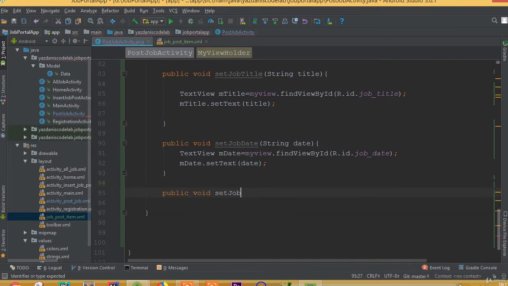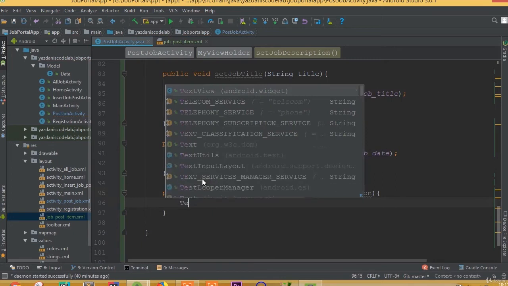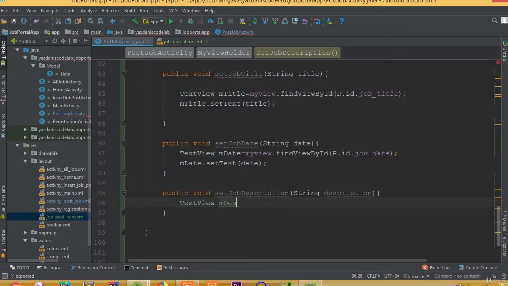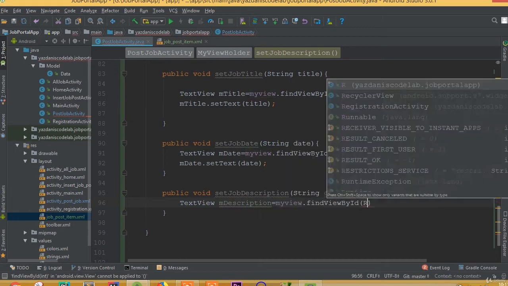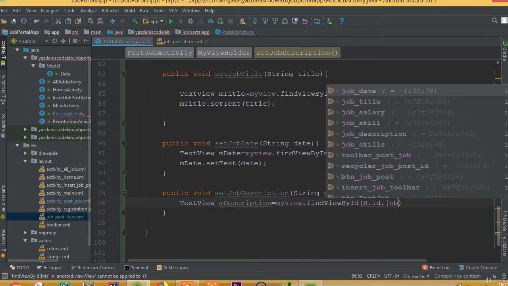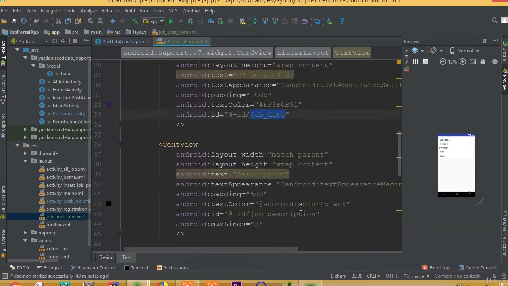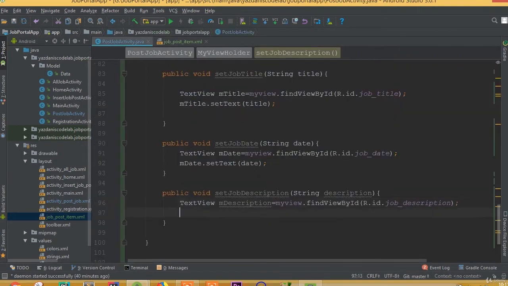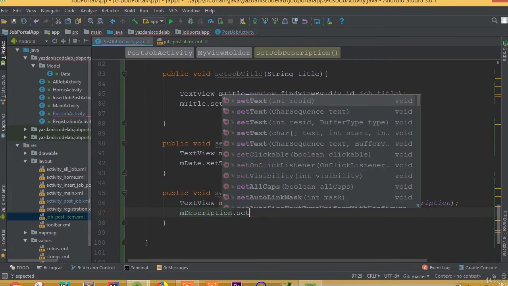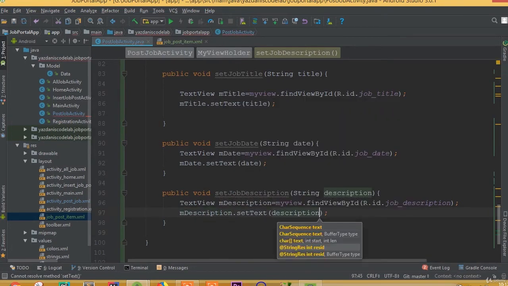Public void setJobDescription, string description, so TextView, so mDescription is equal to myView.findViewById R.id.jobDescription, so our ID is job description, we add a job description. Okay, now this mDescription.setText is going to be description,